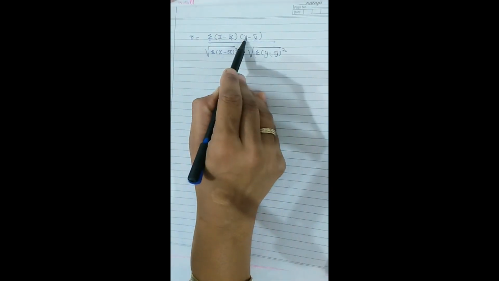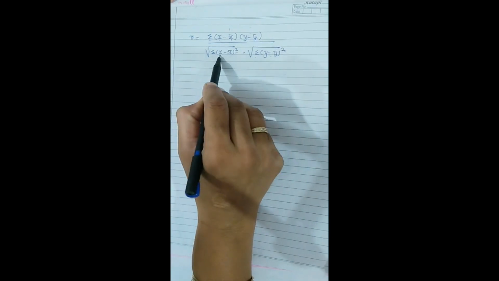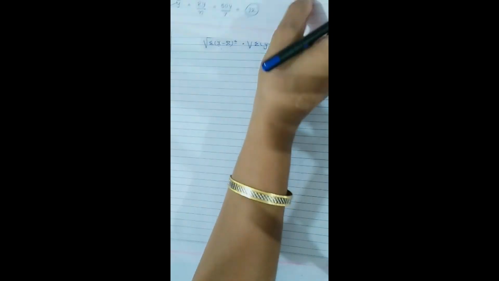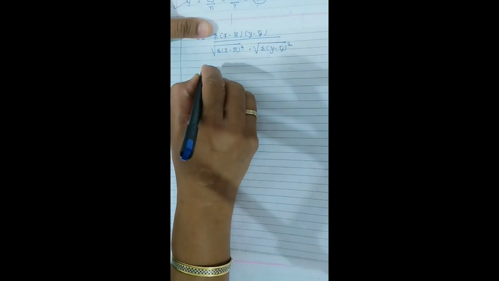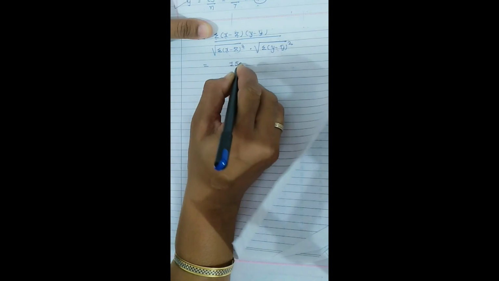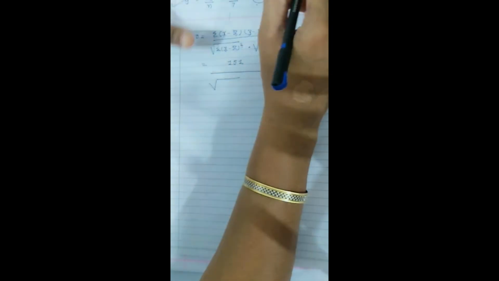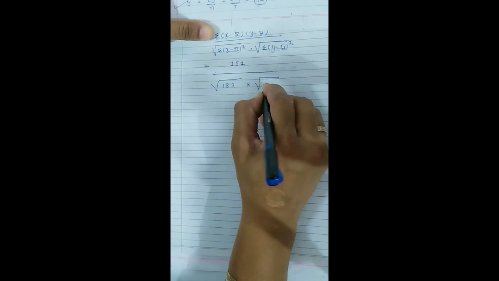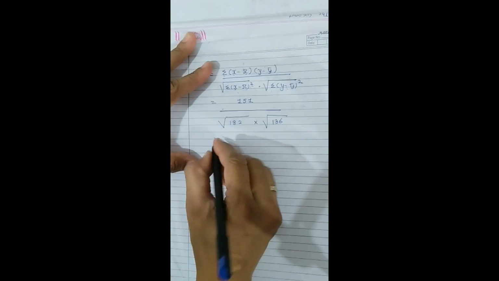X minus x bar and y minus y bar. After getting these two columns, I multiply them, then square and square. Okay, so now I am putting in the values. See, summation of x minus x bar times y minus y bar is 151. Just take care. Summation x minus x bar square is 182 into 136. Okay, after putting in the values, we just use the calculator.